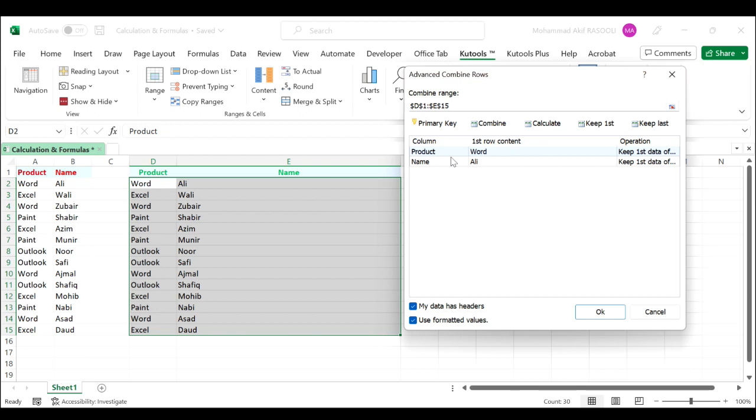click the column name that you want to combine based on, and then click the primary key. Then click other column name that you want to combine their matched values,